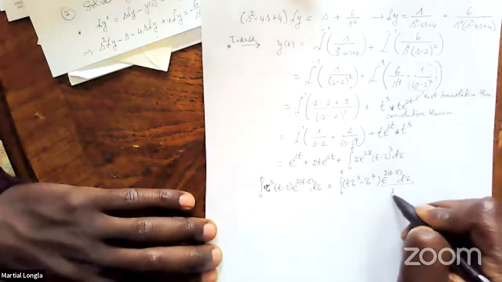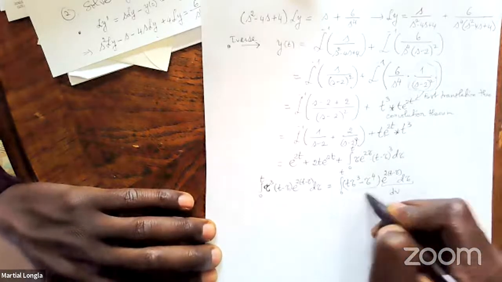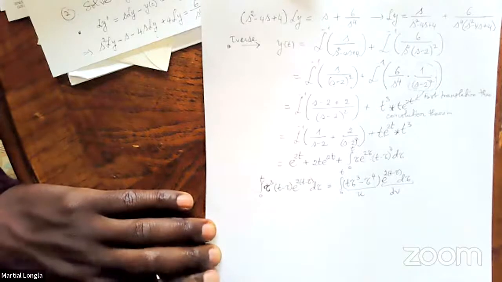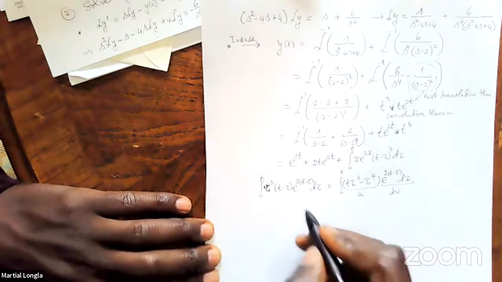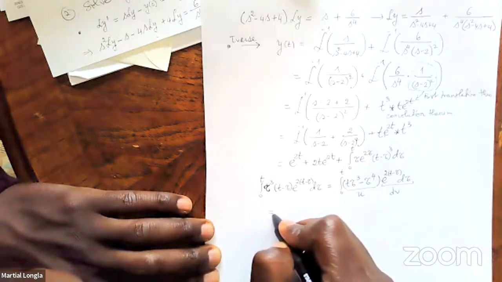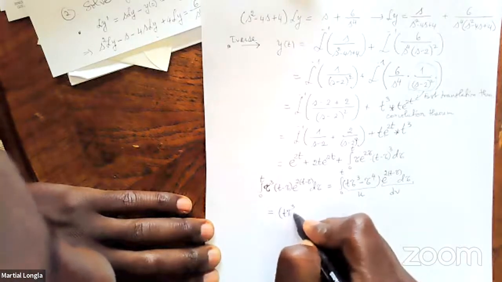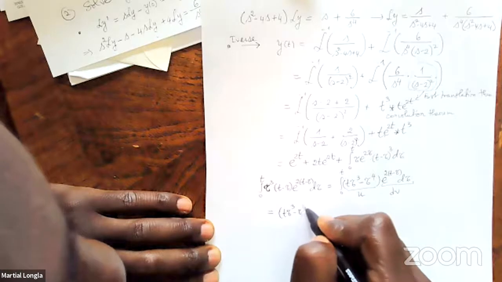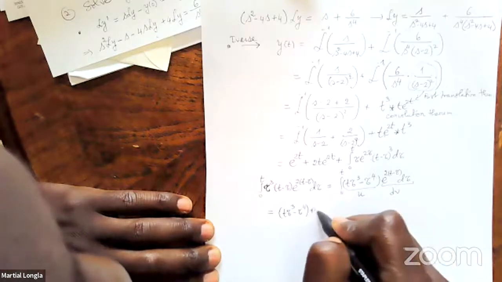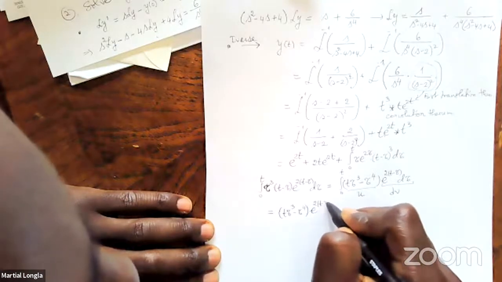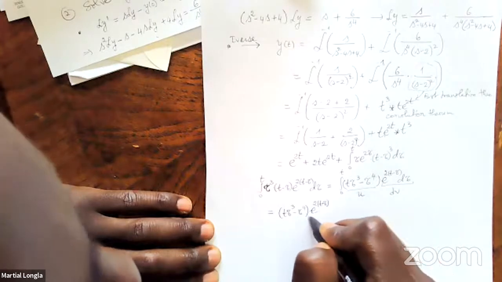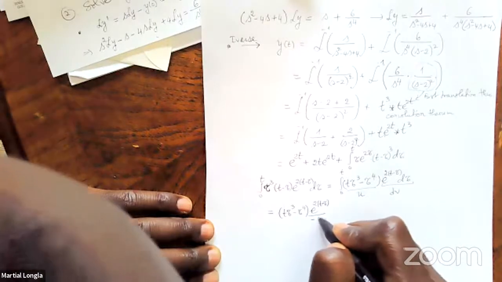This is dv, and that's u. So when you integrate that, you're going to get uv, so that's (t tau cubed minus tau to the fourth) times e to the 2 times (t minus tau) over minus 2